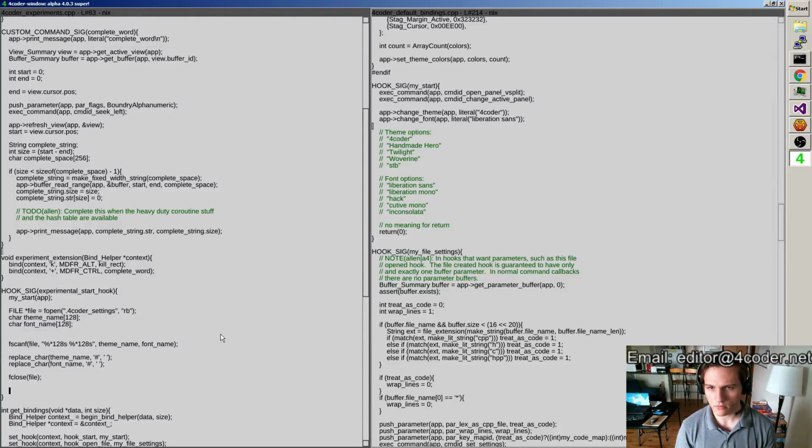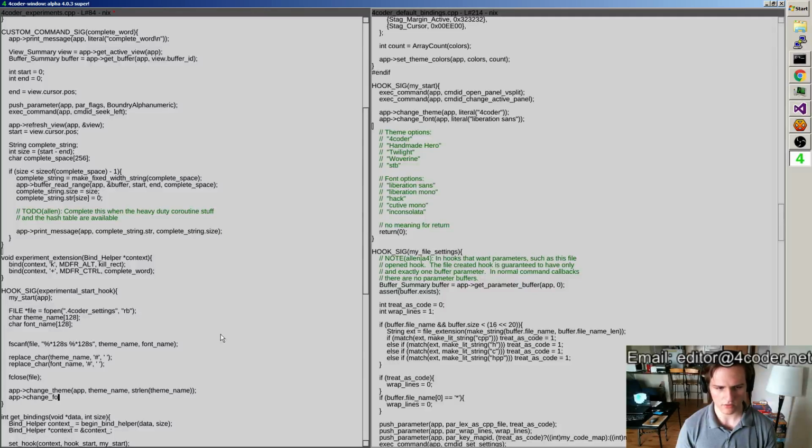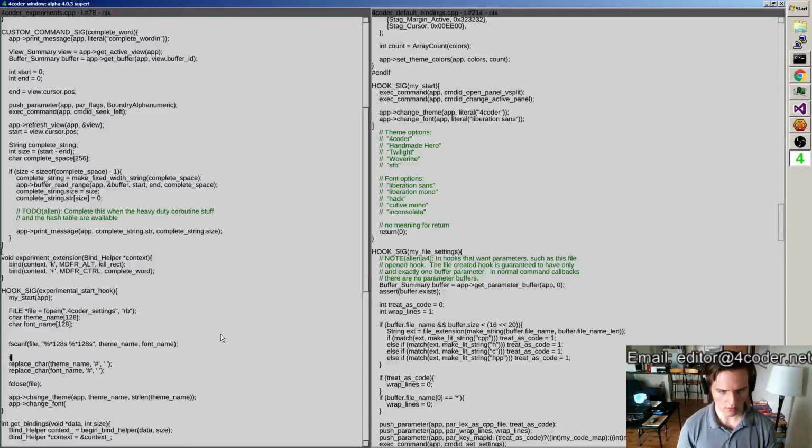Okay, so file close. Yes, and then what I want to do is app change theme, app theme name, string length theme name, app change font. What I'd like to do is say do all this only if the file existed. Font name, string length, font name. Okay,